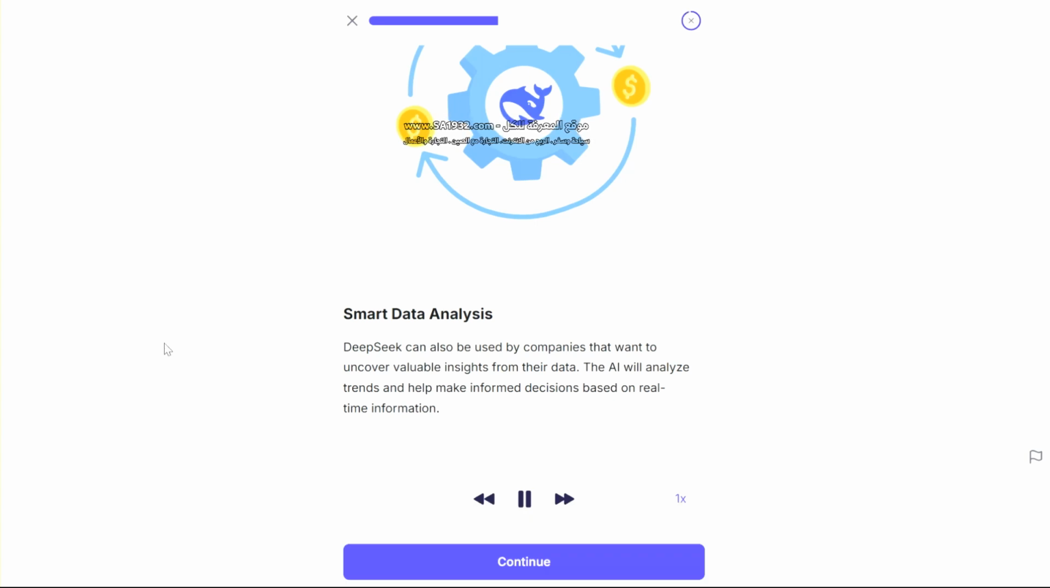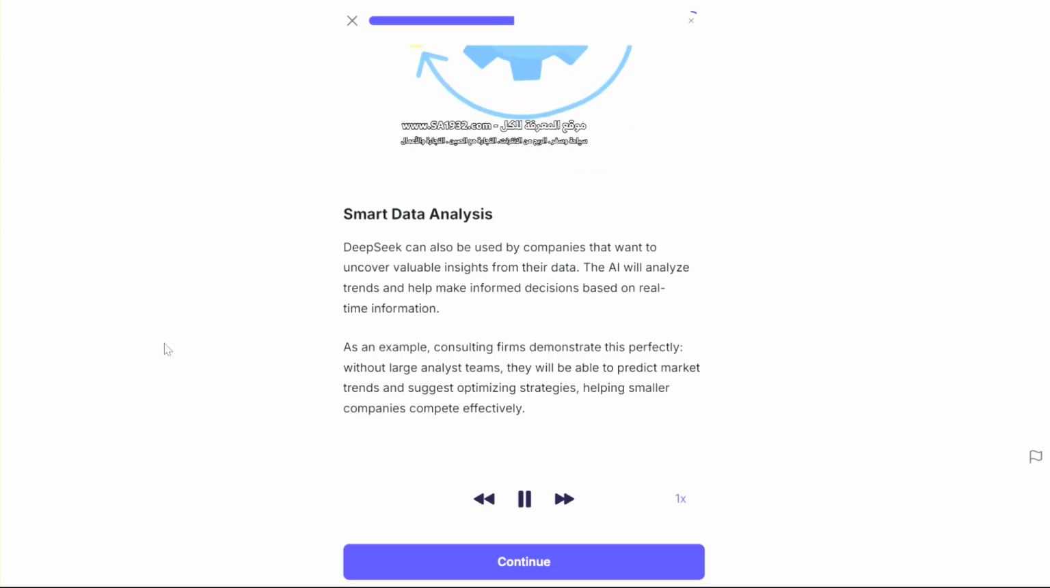Smart data analysis. As an example, consulting firms demonstrate this perfectly. Without large analyst teams, they will be able to predict market trends and suggest optimizing strategies, helping smaller companies compete effectively. Customer experience enhancement. DeepSeek allows firms to power smart recommendation engines that create personalized shopping experiences based on user